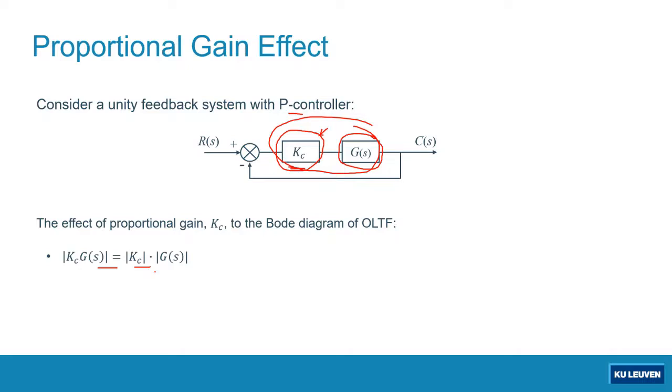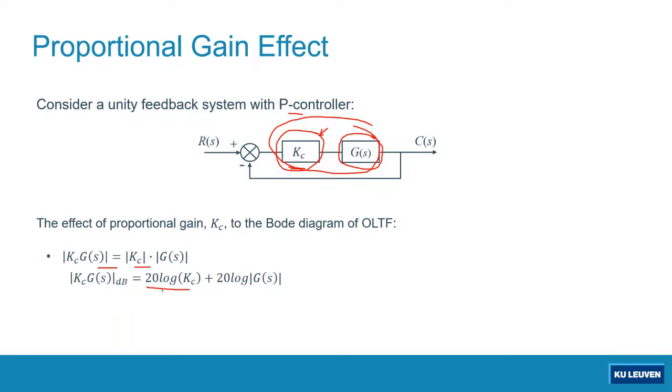So if I represent this magnitude value in dB scale, the magnitude value will be equal to this in dB scale, right? What does it mean? This means your new magnitude plot of your Bode diagram in your open loop transfer function will be shifted vertically